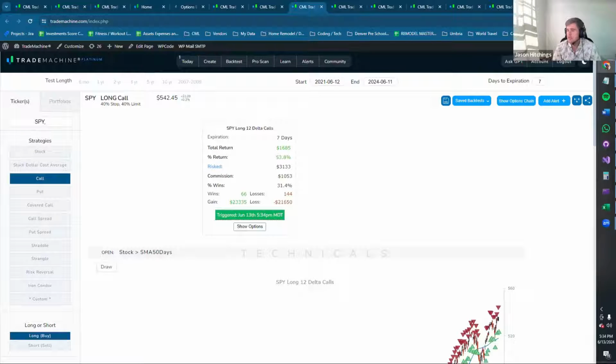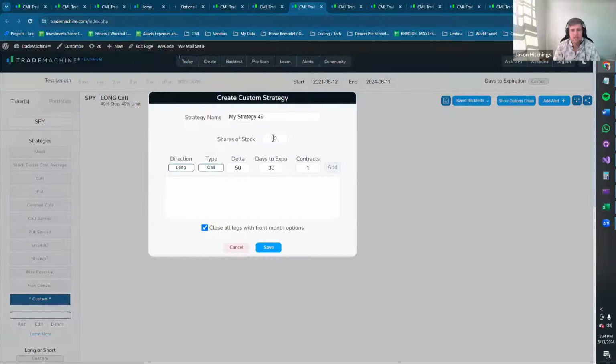Okay, can you use the system to devise an option hedge to existing long stock positions? Yeah, so in custom strategies, you can click add, and you can actually add shares of stock in here as well. You can say, let's assume I have 1,000 shares or 100 shares, and then you can build an option strategy and see if it outperforms just being long the stock without any protection, or short the stock for that matter. If you put negative 100, it'll be short the stock.